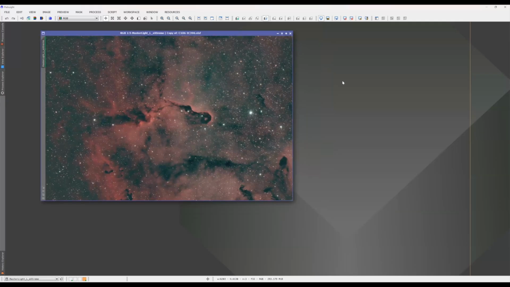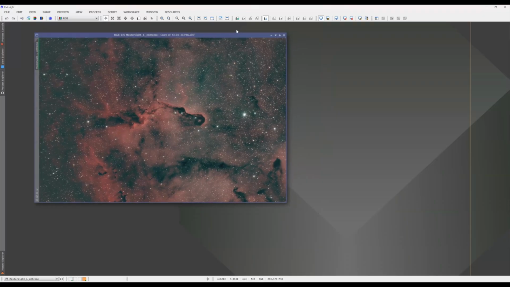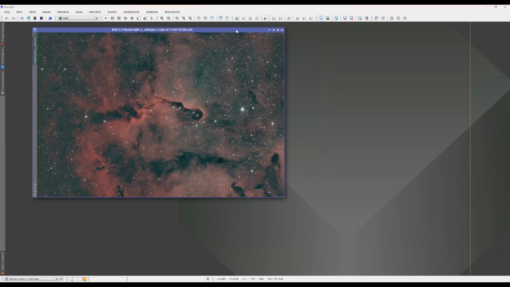It is one of the best stretches I have come across for PixInsight. It gives you the most control that I have seen to date. It's not necessarily as easy to use as some of the others, so we'll spend a little more time on that. So first thing I'm going to do here, I'm going to turn off, well, actually, before I do, we will start with